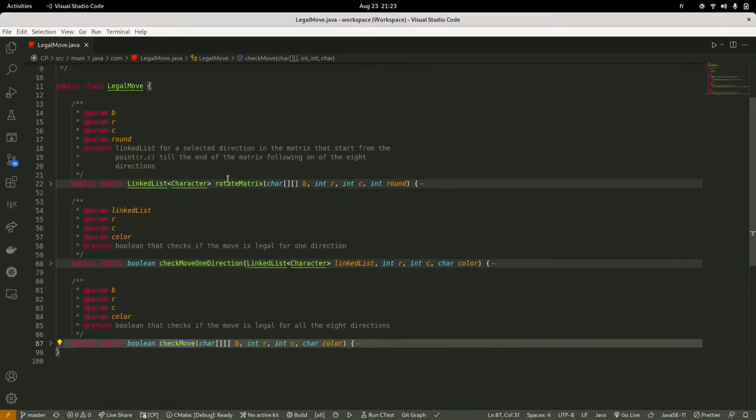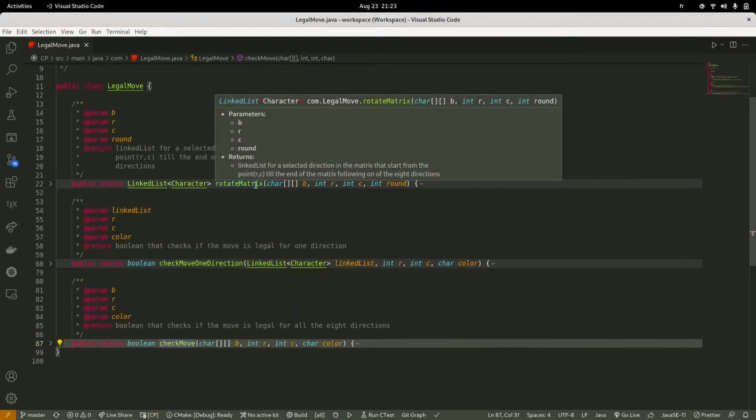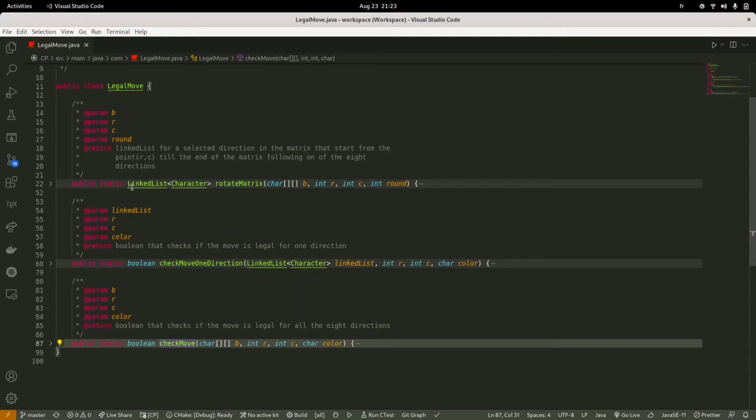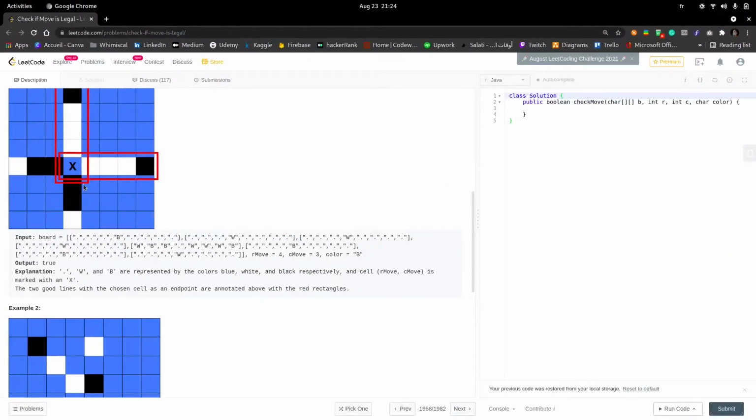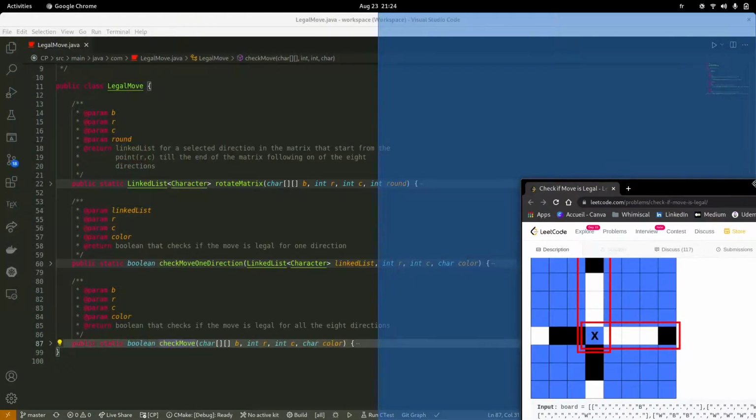Okay, so to do so, I created this method, rotate matrix, which, for these parameters, will give us a linked list composed of the characters that we are going to have in a certain place. This means basically that if we take the method, okay, let me do this so that